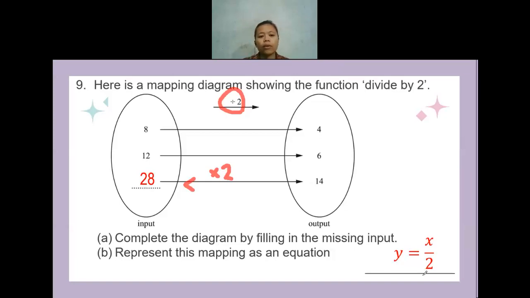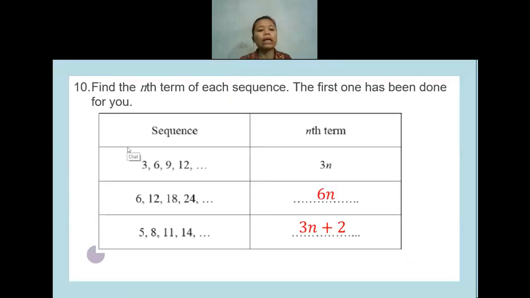Is there anyone having any question at question 9? No, teacher. Okay. I don't think we will be finishing all the revision questions by today. Maybe tomorrow we will finish it. The chapter-wise test will be on Friday, not tomorrow. Okay. I will move to question 10.